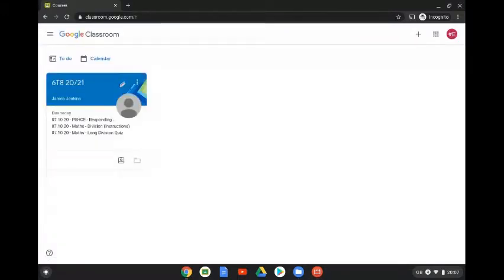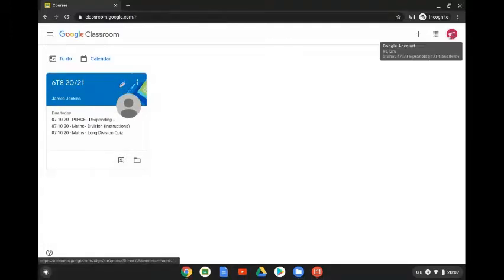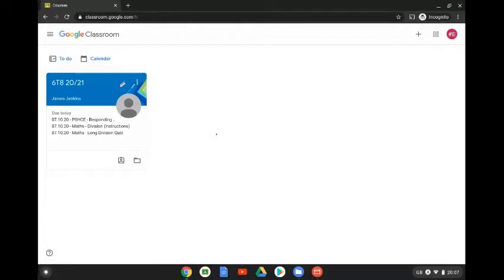Okay, so when logged in, you'll usually know that you're definitely logged in as your child because they have a hashtag just before their initial up in the corner there. Okay, so you'll be presented with this screen. This screen is useful for a start because it shows you right on the first page the work that would have been set for your child to do that day. So just a case of logging in, and then you'll see the work that is due today,